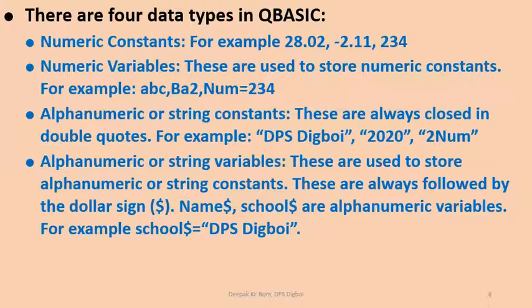So dear student, I'm sure you know what a constant is and what variables are. A constant means the value which you can't change during the execution of the program or when the program is running, whereas a variable, in computer terms, is a name of a memory location where the value stored in it can be changed during the execution of the program.